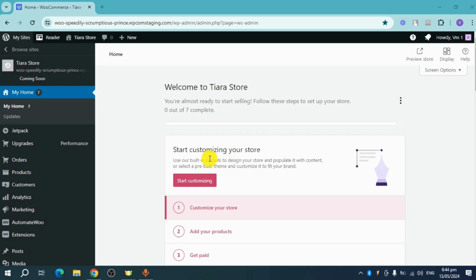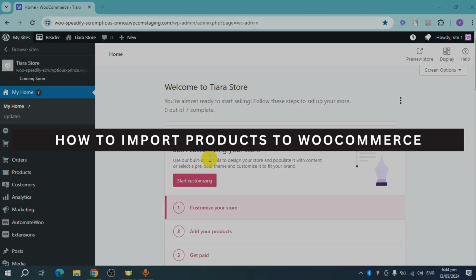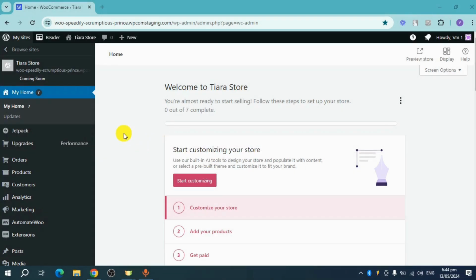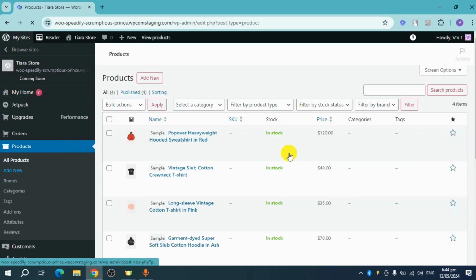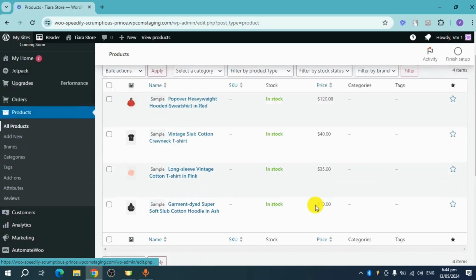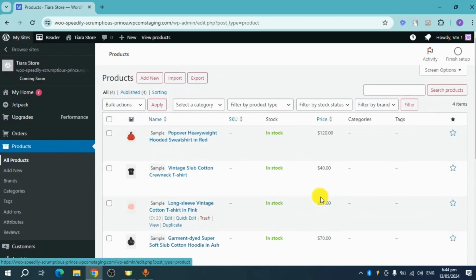In this video, I will show you how to import products to WooCommerce. Let's get started. In order to do that, you can just head over and click on this products option that we have right here. And then once you have clicked on that, you can see that we also already have some products in here. Now, if you want to import products, click on this import button right here,